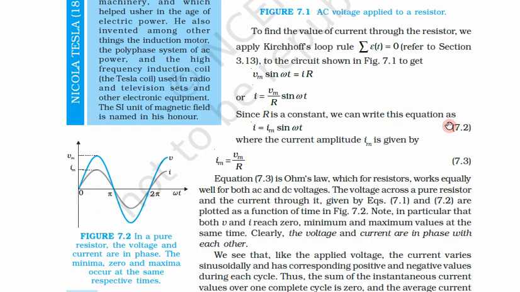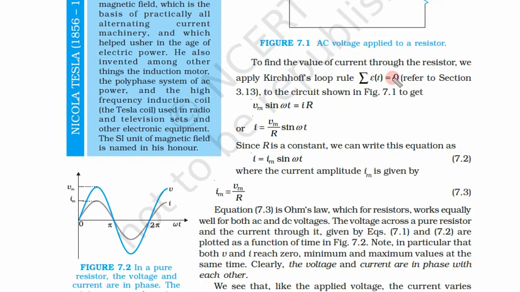Now this is our simple circuit. Let us use Kirchhoff's law. From Kirchhoff's loop rule, the potential difference across the whole loop must be equal to 0. That we have learned: suppose we start at this point and come back again to this point, then the net potential difference must be 0. That we have learned in Kirchhoff's law, so we are applying that here.